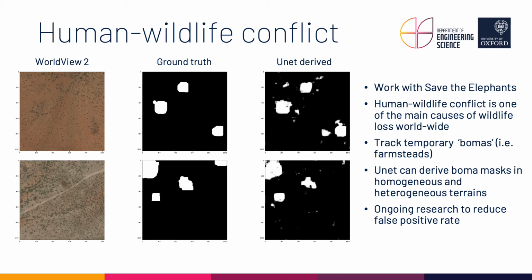This is the hand-labelled data provided to us by Save the Elephants. The two masks in the right column are the bomas discovered by our machine learning tool. We are working to improve the technology to reduce the false positive rate. Although this project focuses on boma detection, classification, our approach is capable of mapping a wide range of different infrastructure types. We have started to exploit this technology to identify cement plants globally as part of a spatial finance initiative